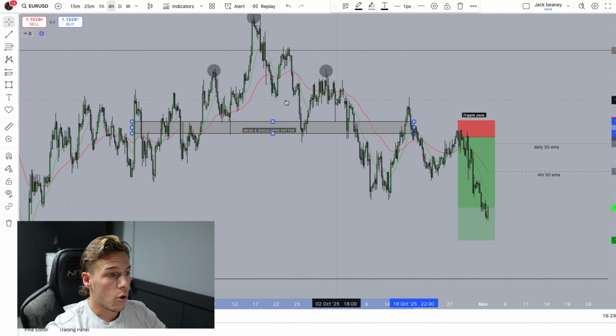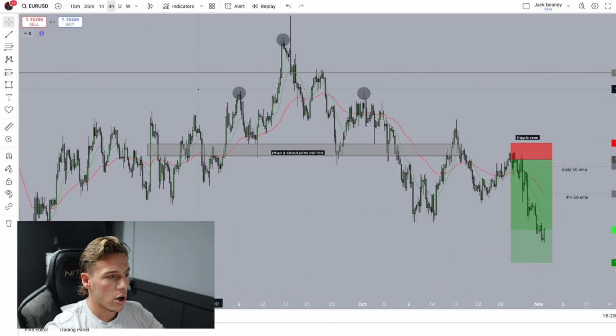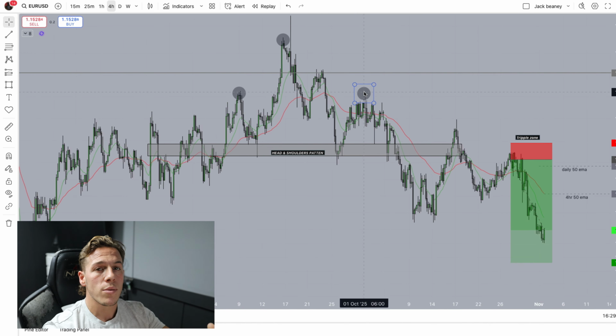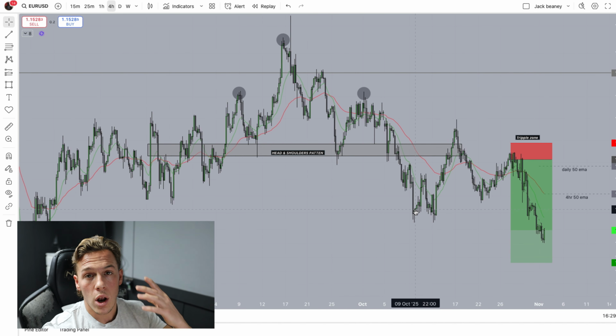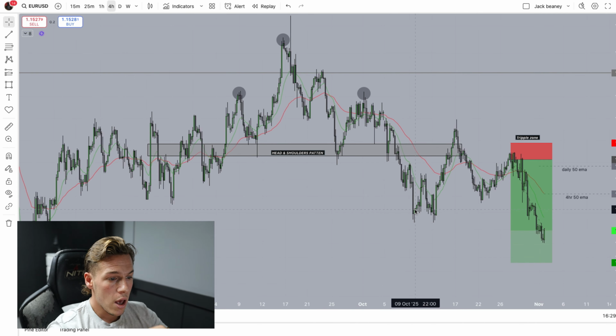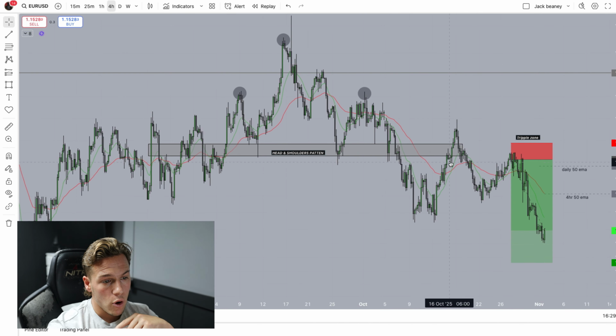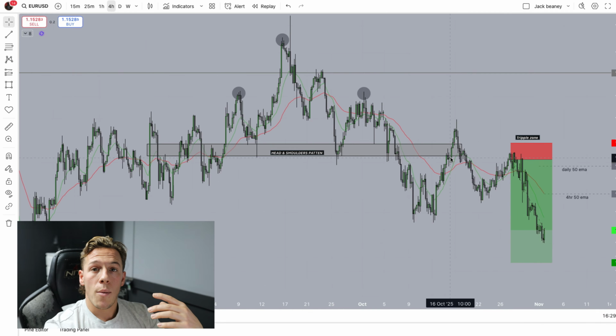That's what we call it. So on here, you can see we've clearly got it marked out: head and shoulders, shoulder, head, shoulder. This one comes to an equal to the right shoulder. Sometimes they can be bigger, and that is slightly better. But here we had an equal. Price pushed all the way down and created a new lower low, meaning price has now reversed and is changing direction. From there, we then had a pullback right up into the neckline, but it did push